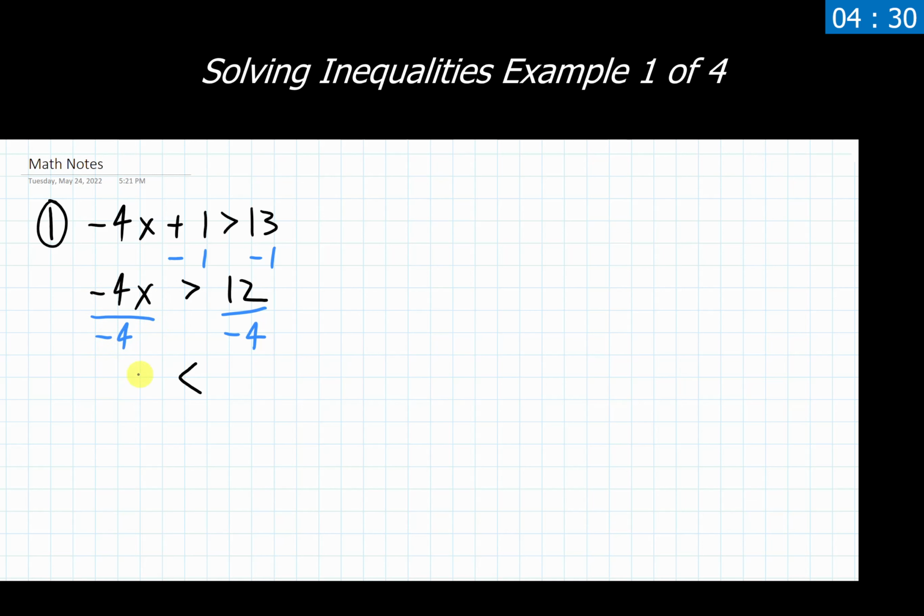Negative 4 divided by negative 4, that's just going to give me a single 1x left over. 12 divided by negative 4, that's going to give me a negative 3. Positive divided by a negative is a negative. Now I've been told I need to write my final answer in interval notation. So I need to determine, is this negative 3 my lowest possible value or my largest possible value? Meaning, is it going to go on the left side of the interval notation or the right side? And we're told is that x is less than negative 3, which means that this negative 3 has to be the largest value that we have.